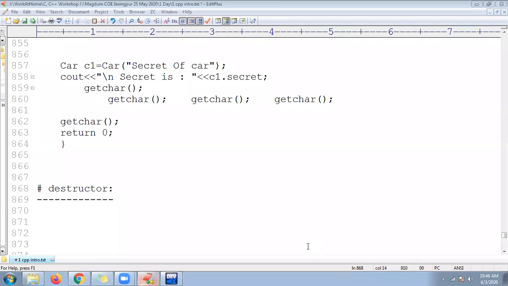It is executed whenever the object of the class goes out of scope, or whenever we try to delete the object through a pointer to the object of that class. Destructor performs the uninitialization, dereferencing the memory location of your data members, whatever the constructor did already.